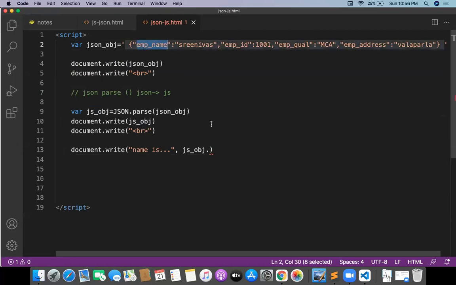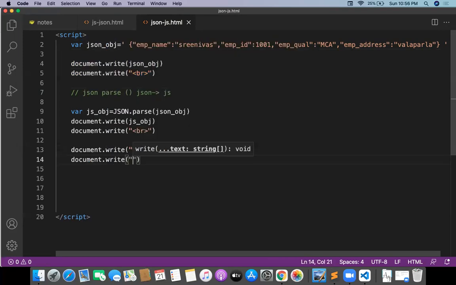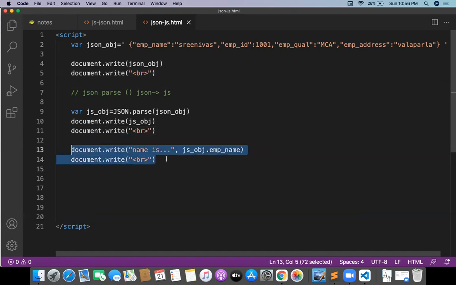This is employee name, the JavaScript object dot employee name, because this is the key. And after that, I want to take a break. How to take a break? Document.write break. Then I want to print each and everything.